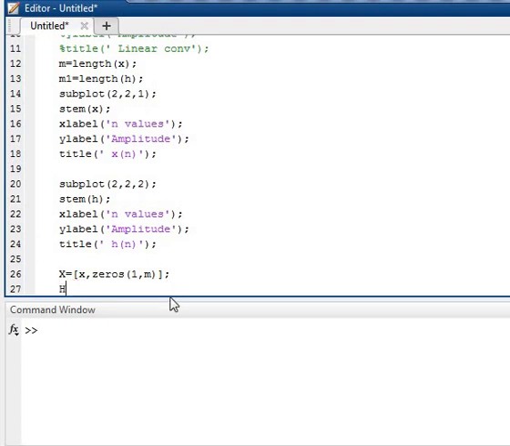And next I will take capital H. Now the second is H equal to zeros, 1 comma m1.